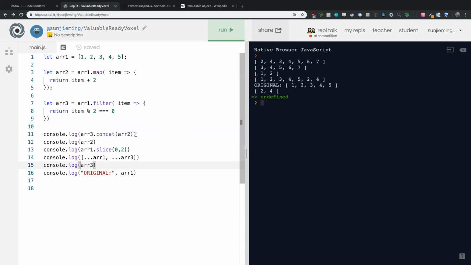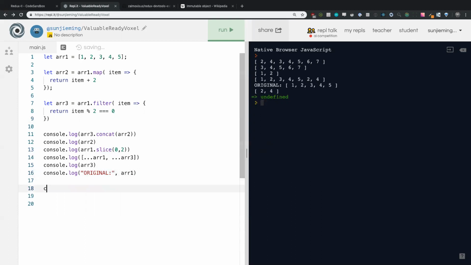Yeah, exactly. So when we create a new array, we are creating a new place in memory, okay, for that array to live. And then we can add and remove things to that place in memory all we want, but that place in memory will always be that specific array. Whereas,